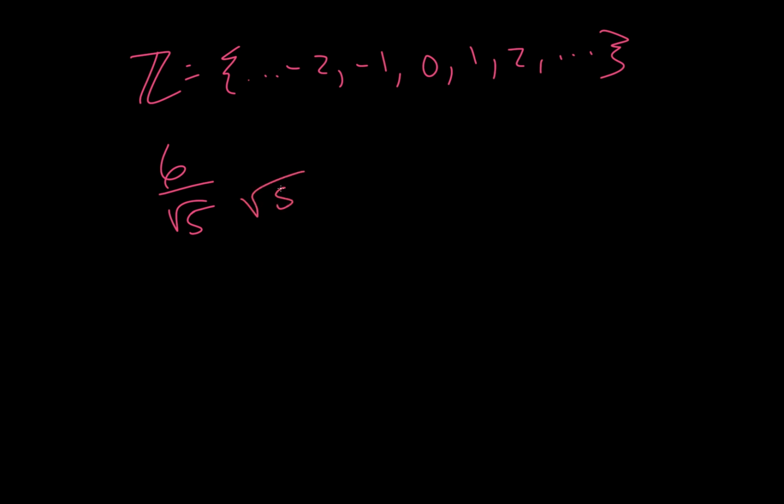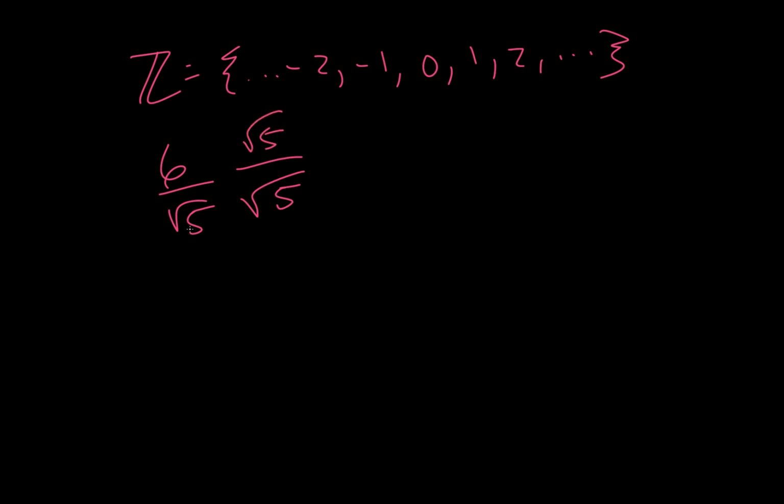They're defined in this book as all the whole numbers as well as negative. Okay, so we want the denominator to look like that. So we have 6 over square root of 5. So the way we want to approach this is we multiply by a special 1,